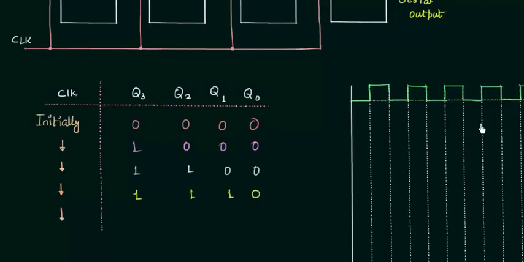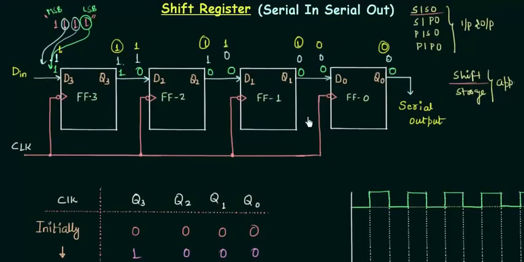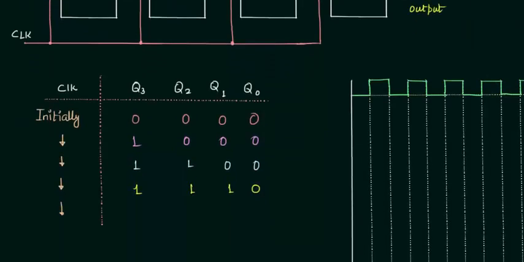And in the same way, I have to introduce the last bit, that is our MSB 1 to D3, so that we have a 1 1 1 1 stored in the shift register, and for that the output will be 1 1 1 1. You can do it easily. So this is the complete table for the shift register, in which I want to store 1 1 1 1.